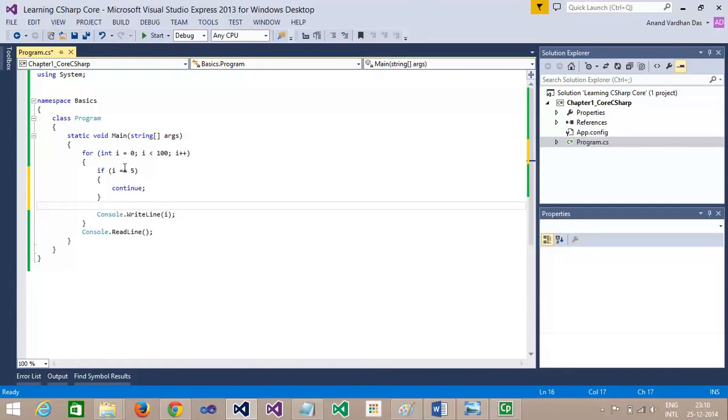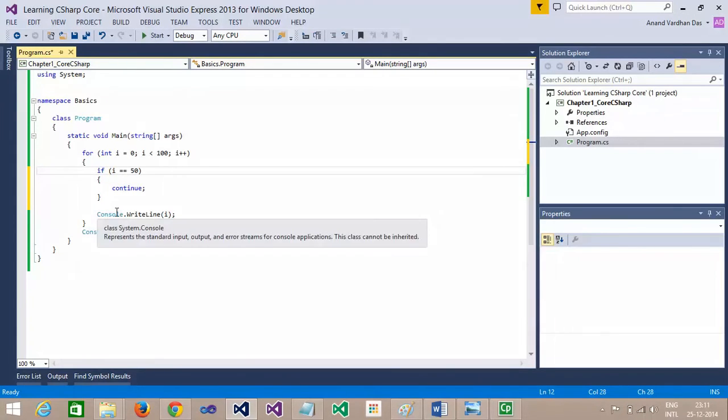For example, I'm running a loop from 0 to 99 again, and if the value of i comes to 50, then I say continue. So the statements after it will not be executed for that particular iteration. Inside the for loop, I'm printing the value of i.